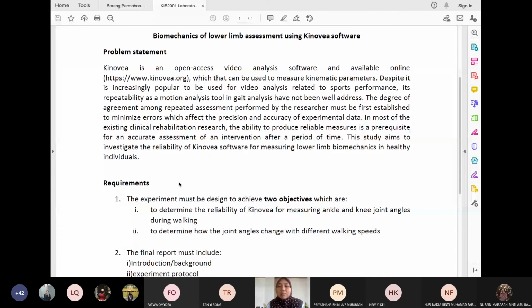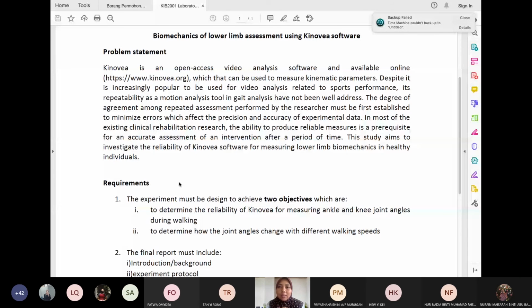Okay, a minimum of 3 subjects is needed for this experiment, so that you can have a good average from that. Right? So in terms of the subjects, you can decide. What I would suggest is to select subjects that have almost the same criteria in terms of age and weight. Okay, that is the best, because we want to minimize the differences within the subjects that may influence the biomechanics